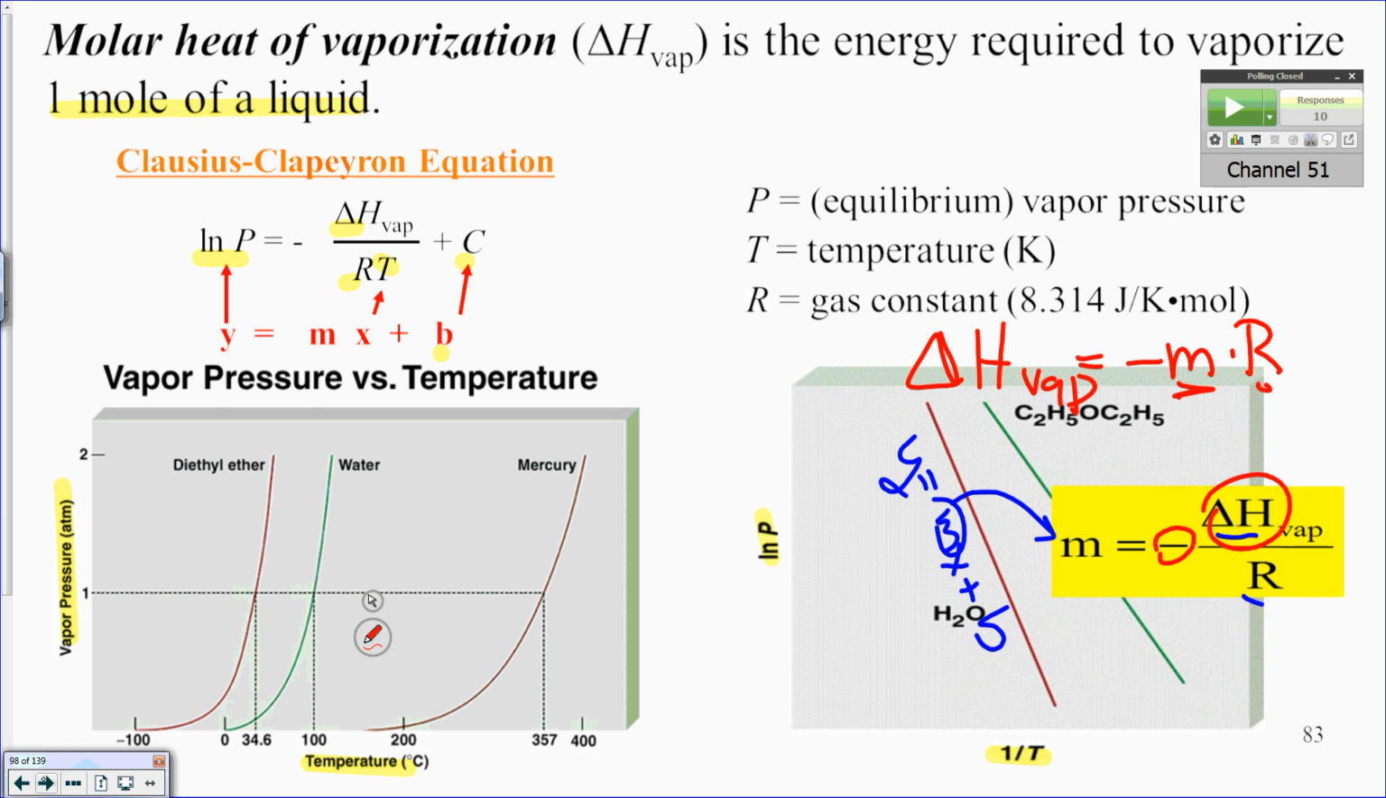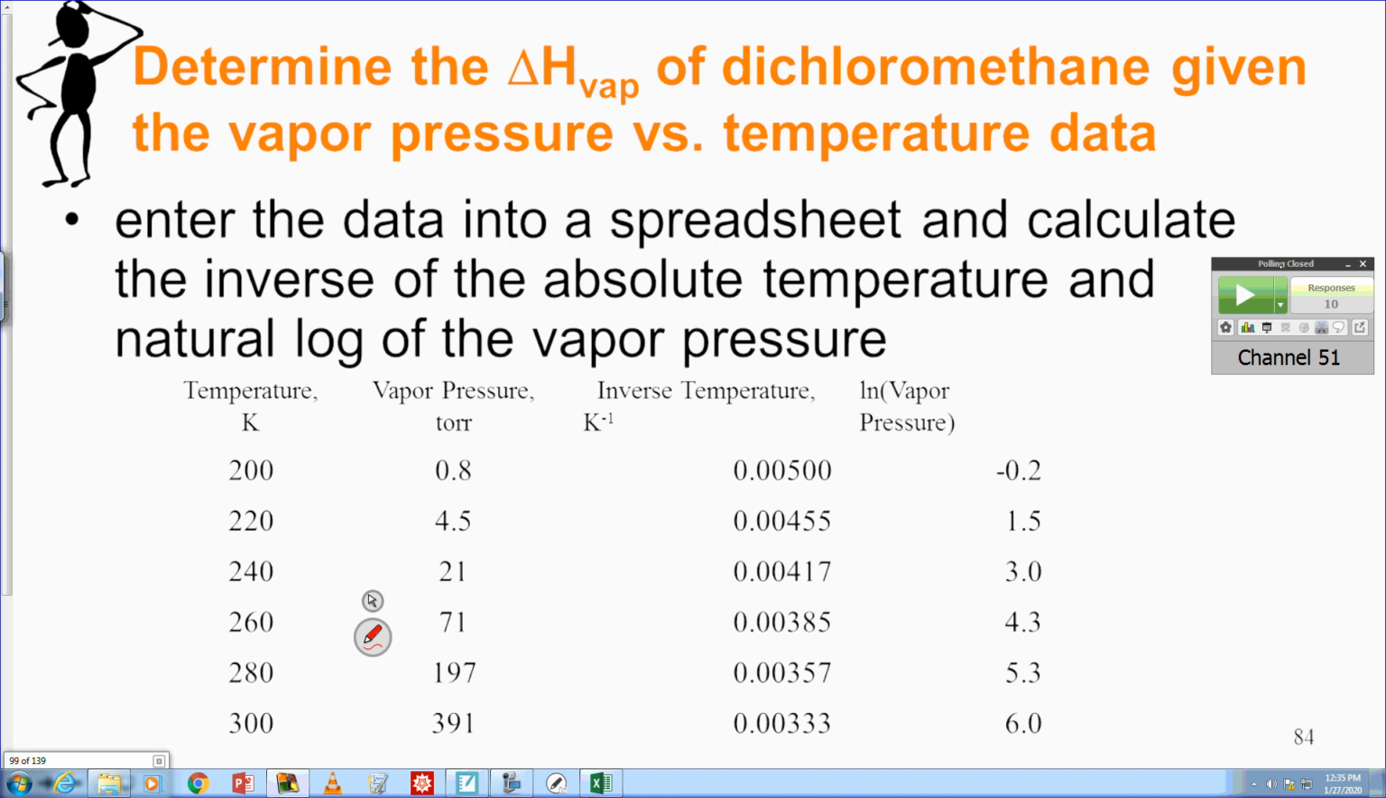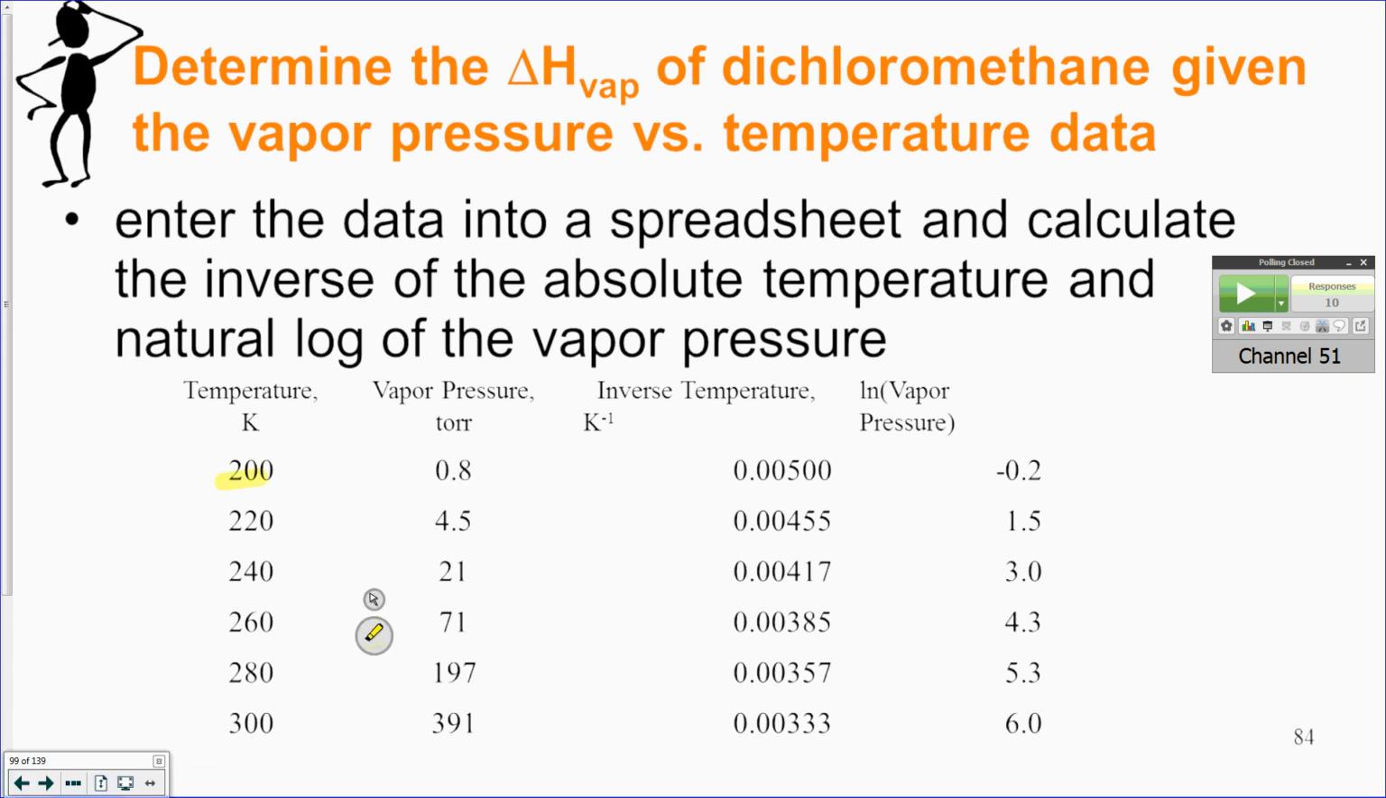All right, so let's look at an example of doing this. I think I gave you one question on Mastering Chemistry where you have to go through this process and calculate the molar heat of vaporization. This one is to determine the molar heat of vaporization of dichloromethane, given the vapor pressure versus temperature data. Using a measuring device, they measured the vapor pressure at all these different temperatures. The vapor pressure in torr started at 200 degrees at 0.8,